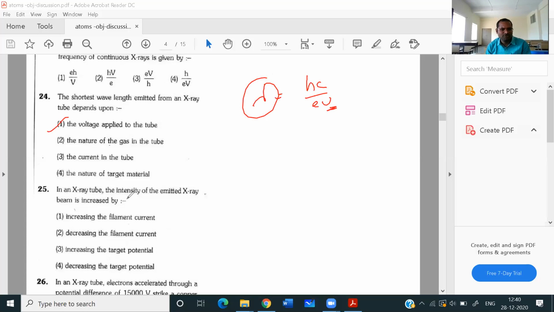Next, in an X-ray tube, intensity of emitted X-ray beam is increased by. How can we increase the intensity? By increasing the current in the filament. First option is the only right answer. You need to read these theory points, then you can answer them easily. Okay, students, understanding now? Next,